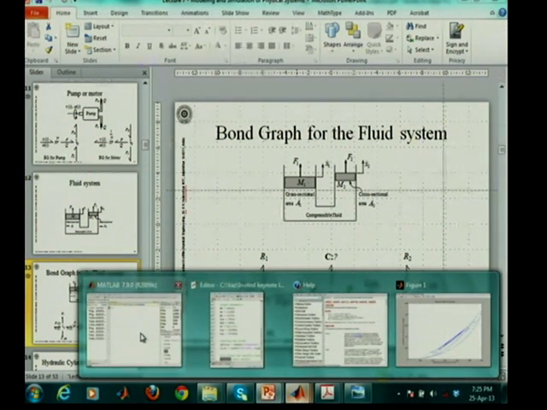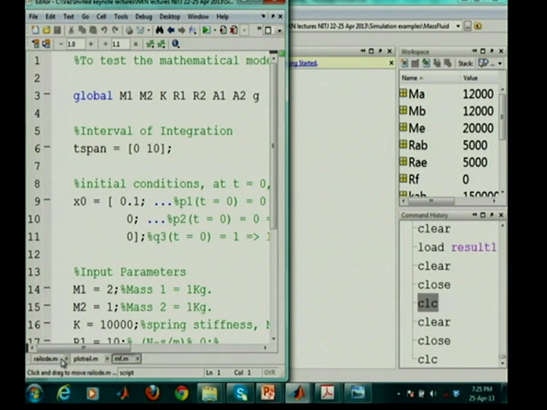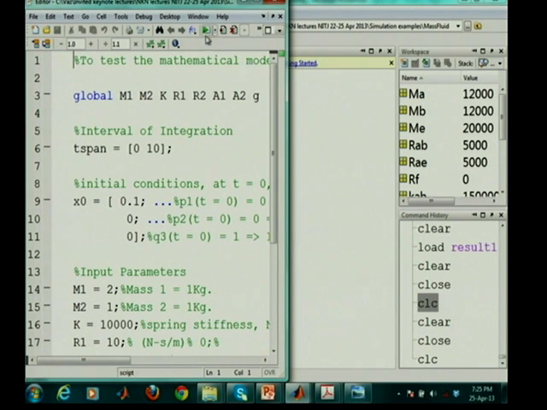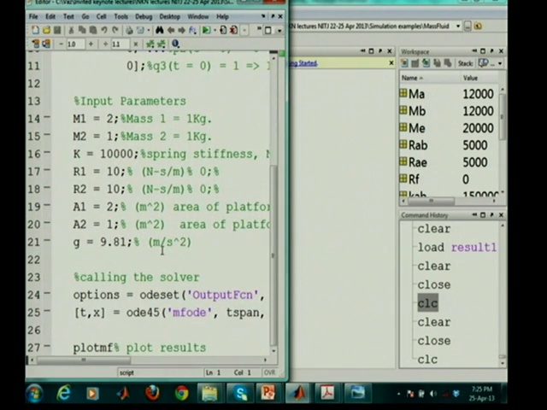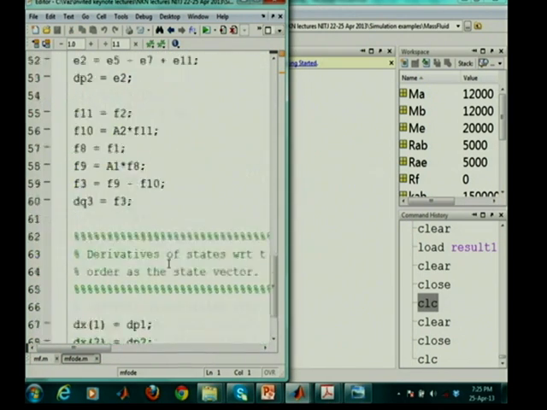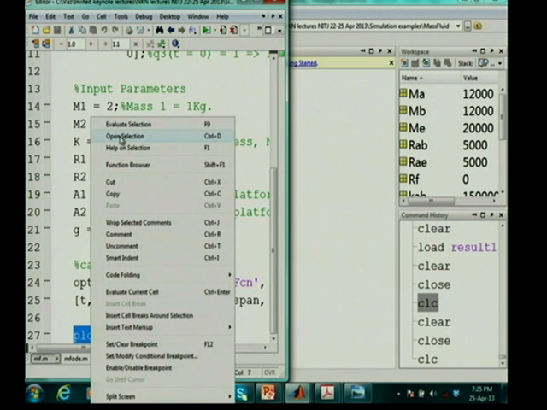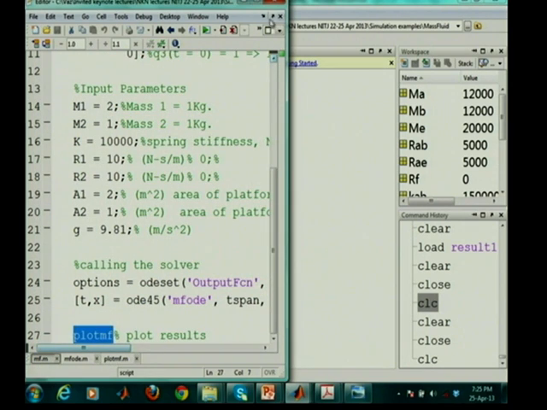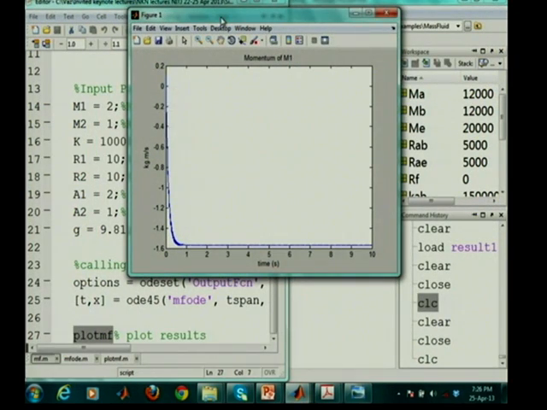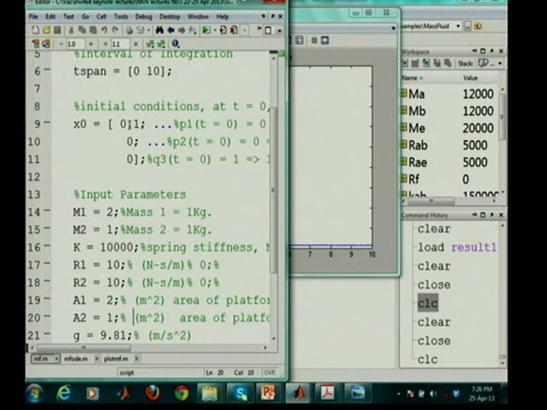if we go back to MATLAB now and we take the first file, so again we are going to have our three files, and I am not going to explain these to you because I have already explained the bond graph model and we have just a couple of minutes, but you can see the files. There is the same structure that we have, and we have finally the output derivatives, and then we can see also the plot file. And now I am going to simulate this. Done. Okay, so you can see what were the initial conditions for this? The initial conditions were, we provided an initial velocity